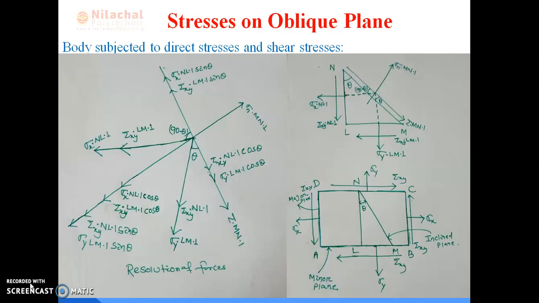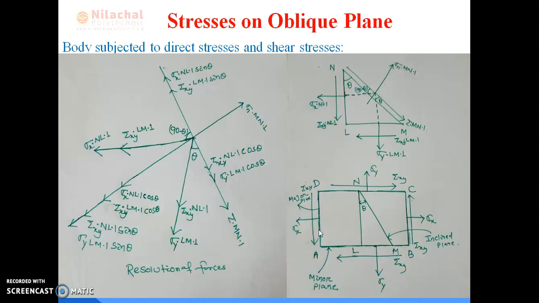As we know, the x-axis of the body and the y-axis of the body are both perpendicular to each other, hence these are known as mutual perpendicular directions. As shown in the figure, we have taken a body ABCD acted upon by stress along the x direction, sigma x, along the y direction, sigma y, and complementary shear stress along the sides BC, BA and DA.